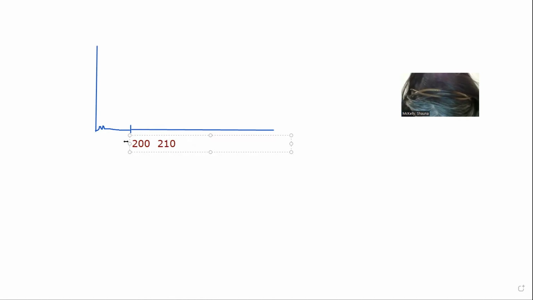I want it to be the same distance apart. This is 220, and then 230,